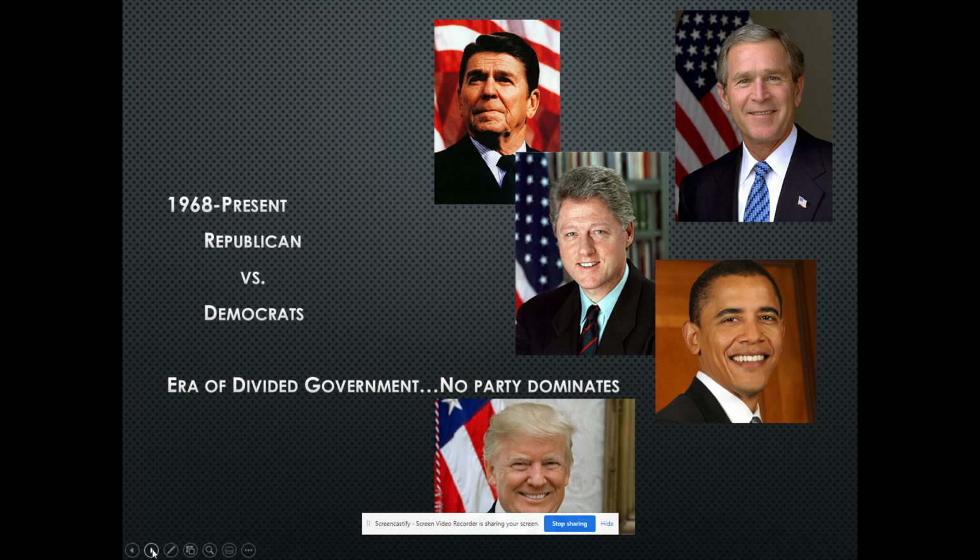So easy to get things accomplished when you have what's called unified government. And in a world of divided government, you're just going to have a lot more gridlock and stalemates. And so that is inevitable. And again, you can look at the past few years as a classic example of both Democrats and Republicans really going at it.